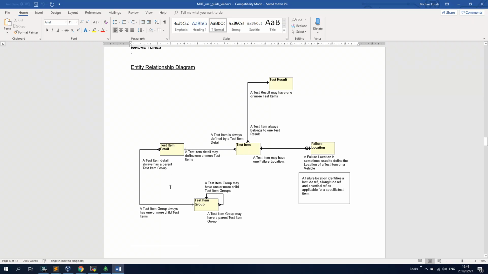then the tester has to say the things that failed. Now, on this entity relationship diagram, the items that fail are called test items. So if everything passes, that's fine, but if it fails, you have a test item. And a test item will be one or more items that failed testing in the test result for the vehicle,